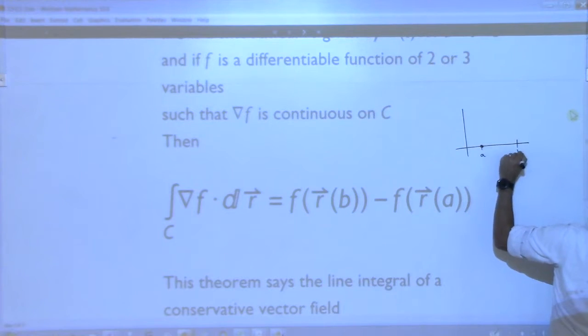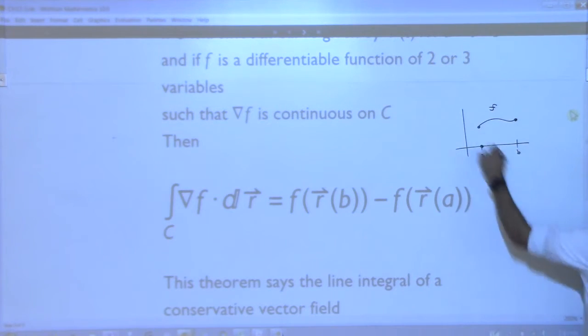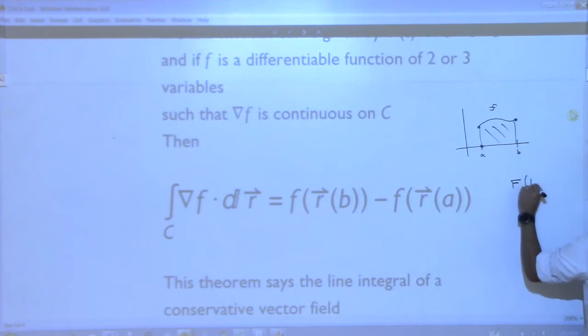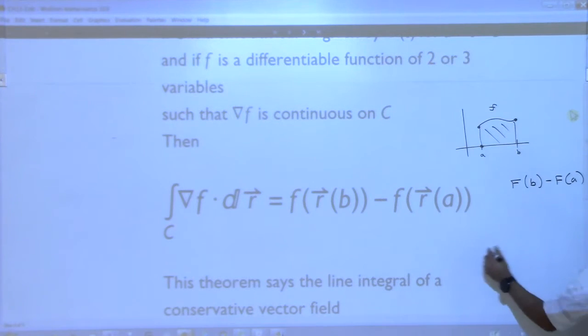So, in other words, like this: a, b, this is cal 2. This was our function f, right? The area of this, if you want to know the area of that, then all you have to do is calculate this, right? That was what was so great. If you want that area, you find the antiderivative of that and evaluate at the 2 endpoints. That's what we did. This is saying that if you're trying to find